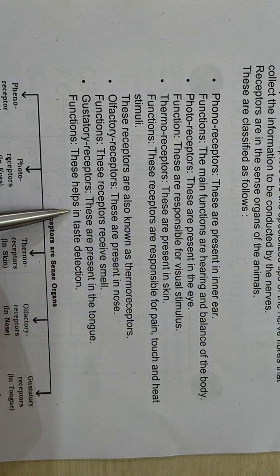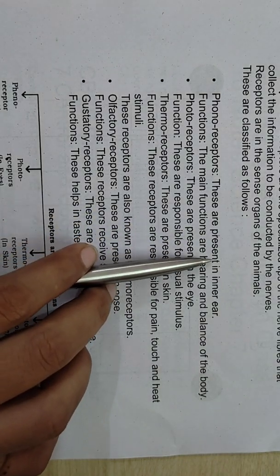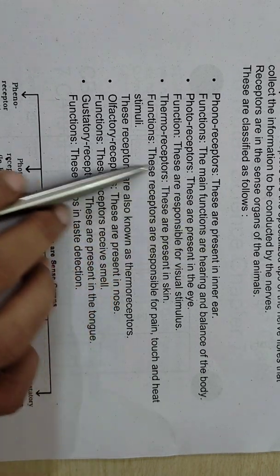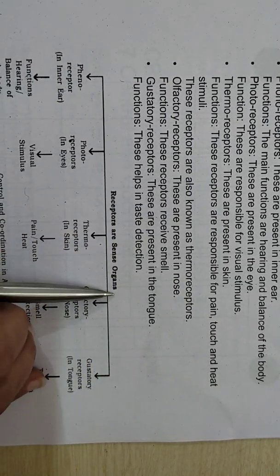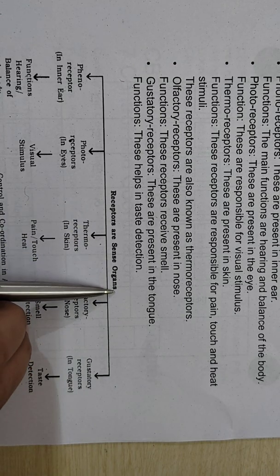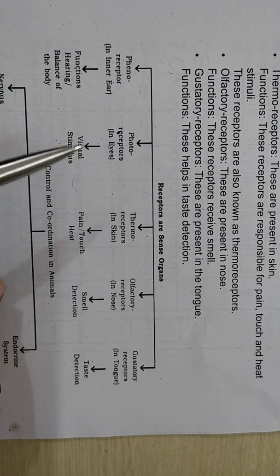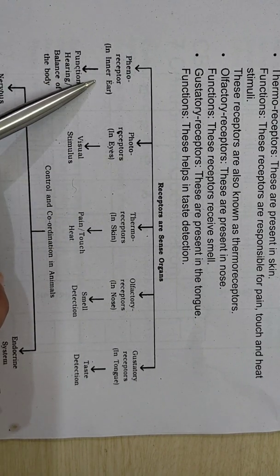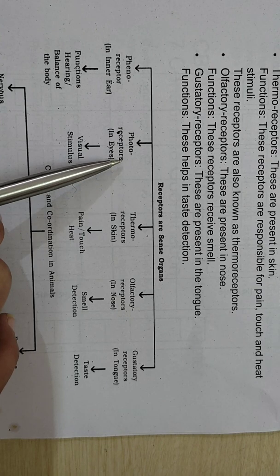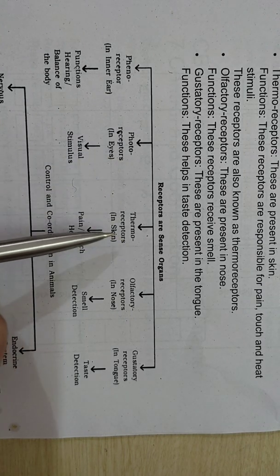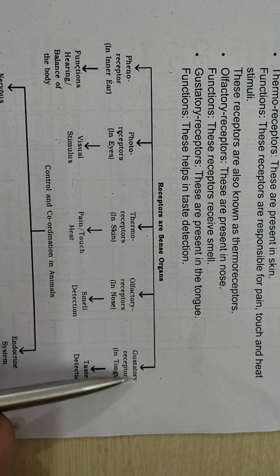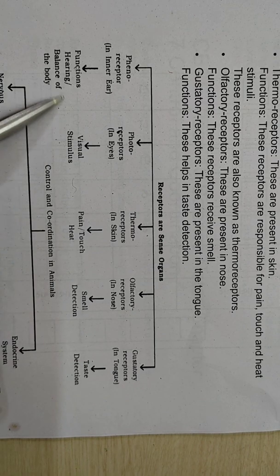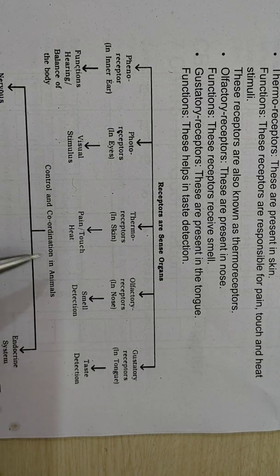So these are the types of receptors, their location, their position in our body and their function, which we have given over here. If we make a chart of all the receptors, then a receptor is basically a sense organ, because of which we can sense things, right? Receptors can be considered sense organs. Mainly they are classified, as we have seen in detail: phonoreceptor present in the inner ear, photoreceptor present in the eye, thermoreceptor present in the skin, olfactory receptor present in the nose, and gustatory receptor present in the tongue. Its function is also mentioned over here. Then if we are talking about